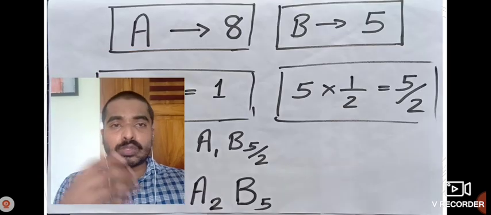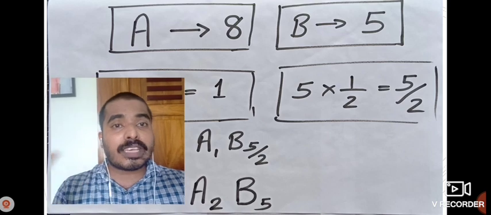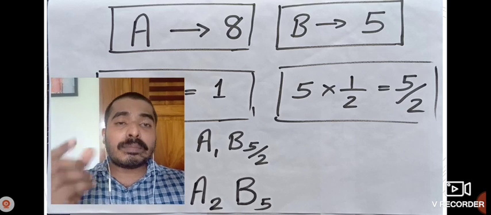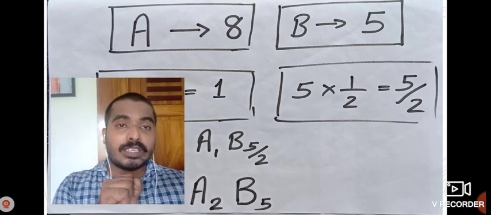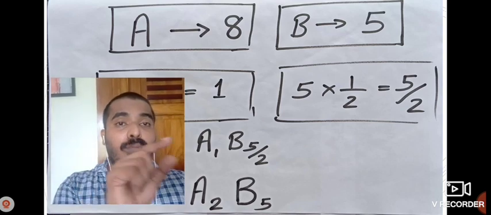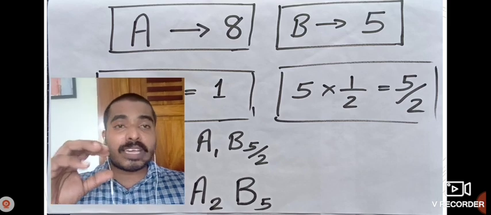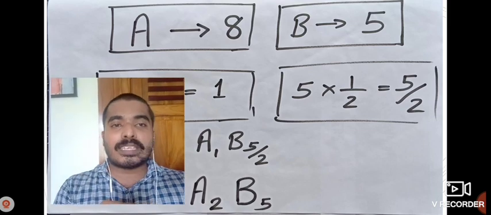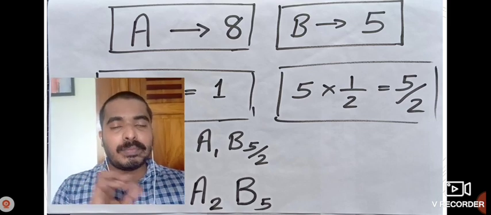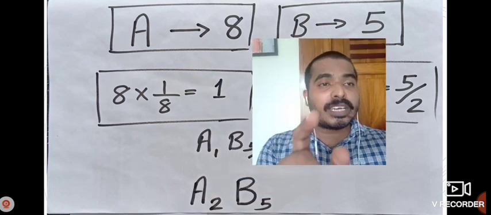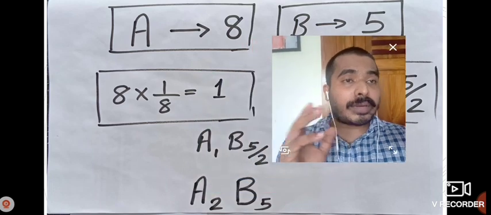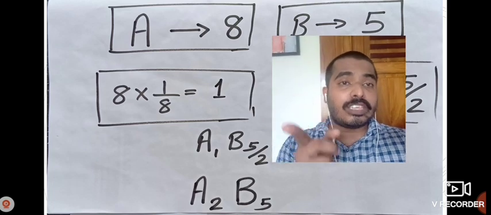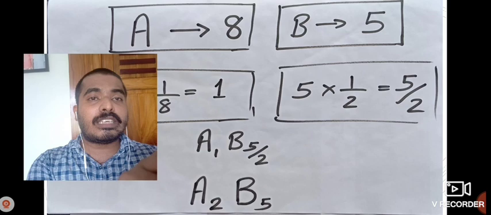A atoms are at the corner, so there will be 8 A atoms because a cube is having 8 corners. B atoms are at the face center, but one B atom is missing from every unit cell. So there will not be 6 particles, there will be only 5 particles because a cube is having 6 faces. So A8 and B5. Now we need to find the contribution. A is equal to 8 into 1 by 8 because a particle at the corner is shared by 8 unit cells. So 8 into 1 by 8 equal to 1. That is the effective number of A.